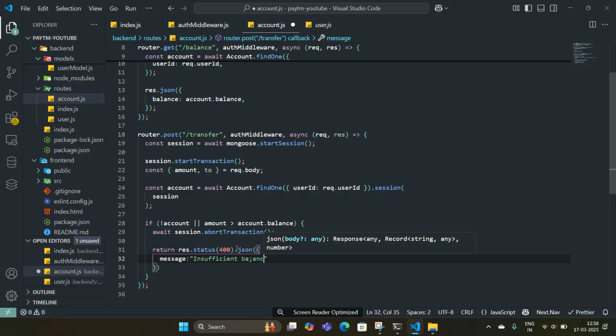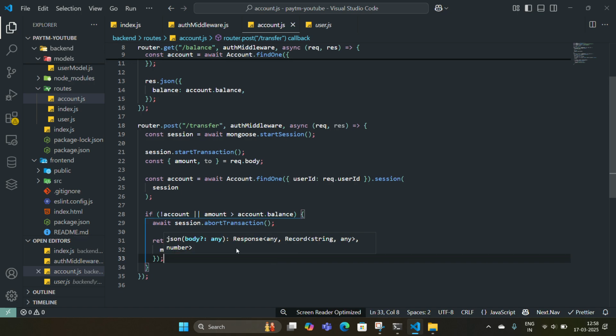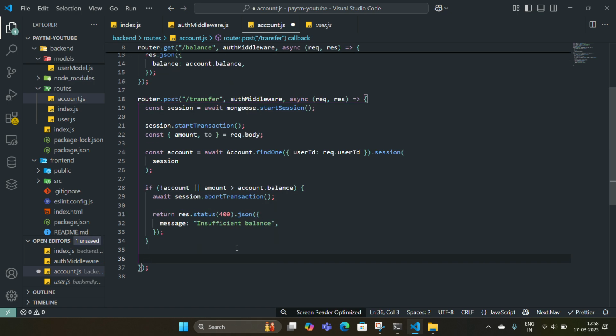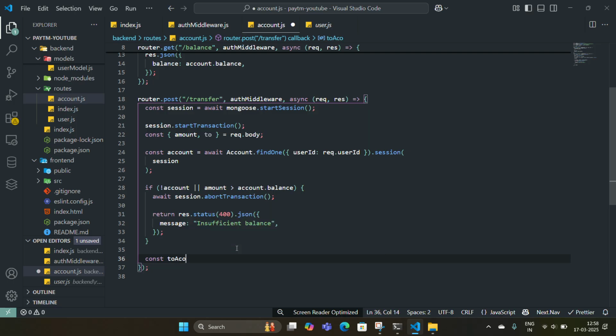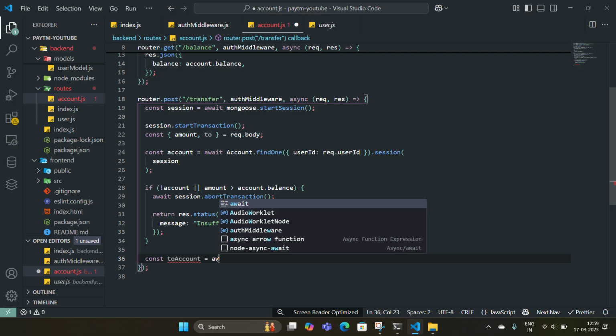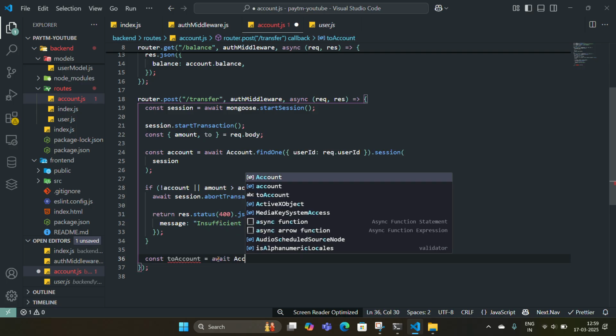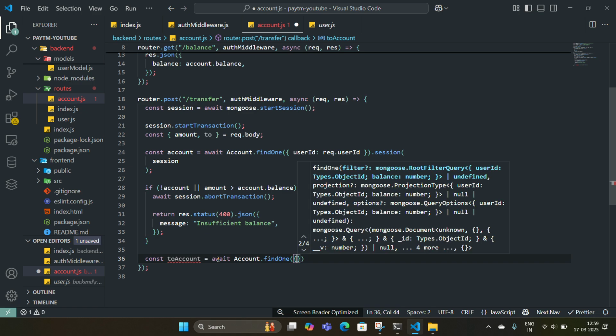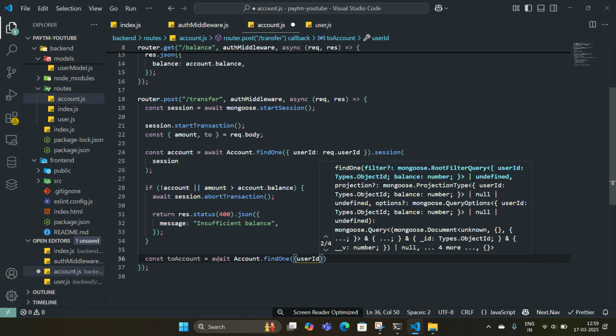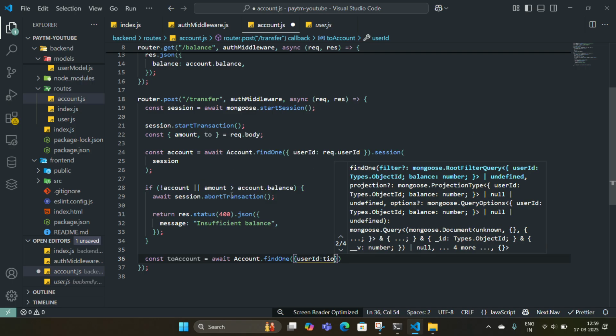insufficient balance. const toAccount, now we are searching for the account, we are trying to send the money okay, like if everything goes right, the account is correct here, then we are going to find some other account, जिसको पैसे भेजने हैं, Account.findOne, user id उसकी क्या है, user id उसकी ये इधर है जो req.body में डली हुई है, userId 2 है,